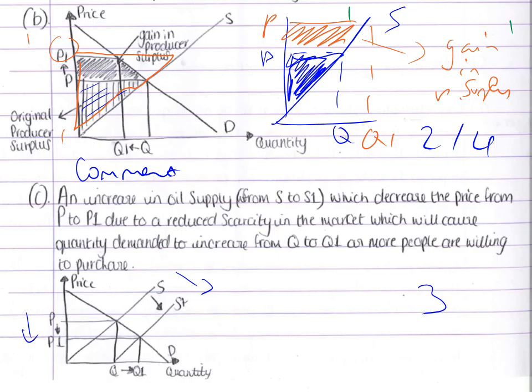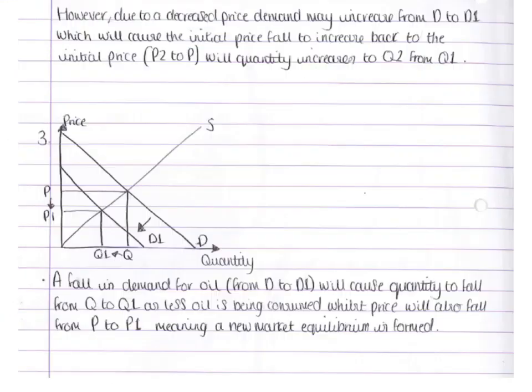So all 3 marks for the first part are apparent there. In the second part we've got, however, due to a decreased price, demand may increase from D to D1, which will cause the initial price fall to increase back to the original price, and the quantity will increase from Q